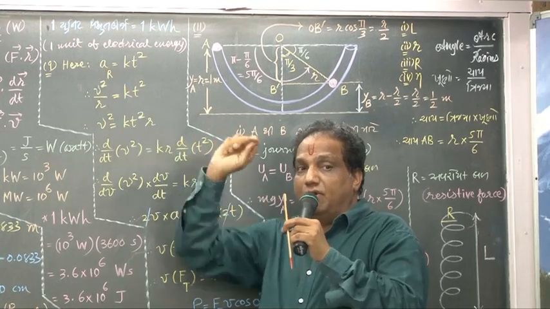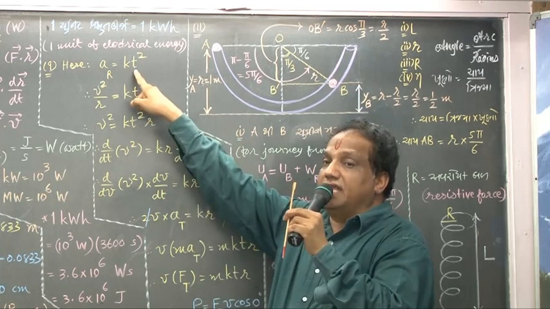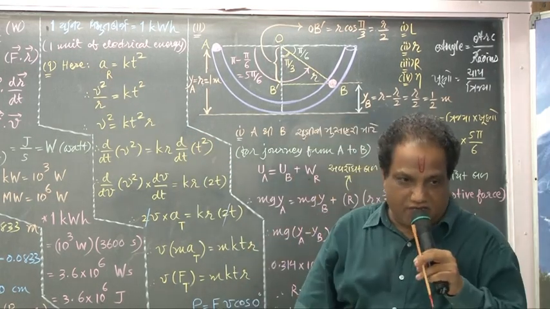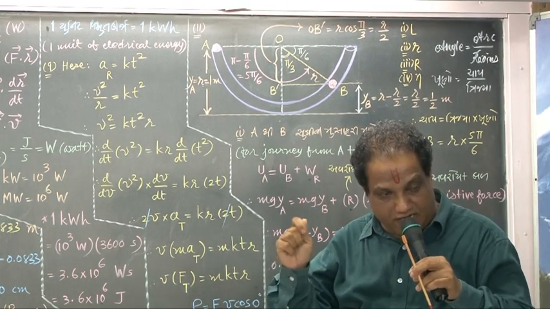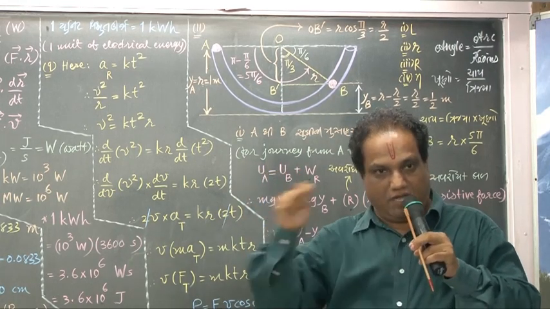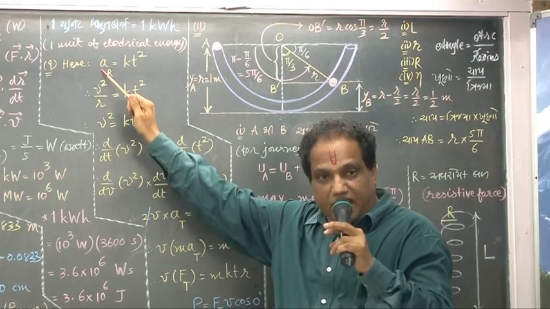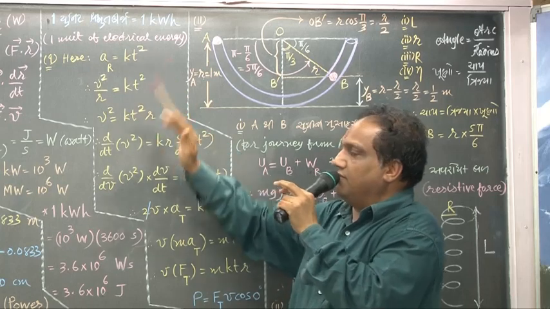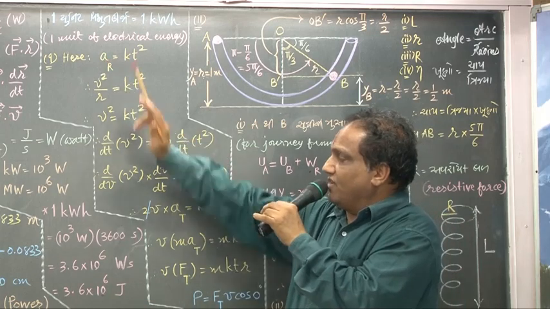Once you start revolving it, as the time passes, t will increase. As t increases, centripetal acceleration will increase. How? Provided you are increasing centripetal force. Because you are increasing centripetal force, centripetal acceleration will also increase. Why? Because it is given to us that it is directly proportional to square of time. Now tell me, the formula here is how much?